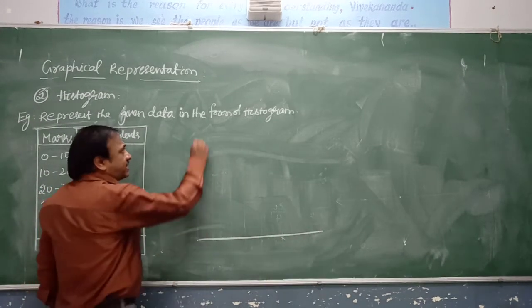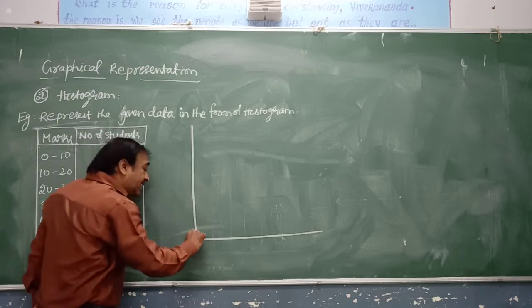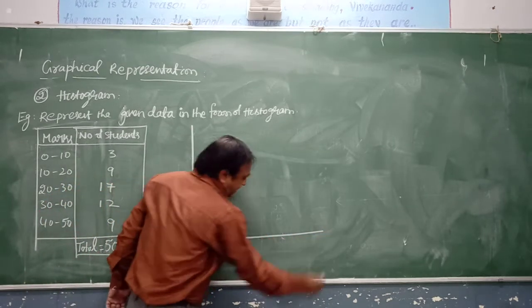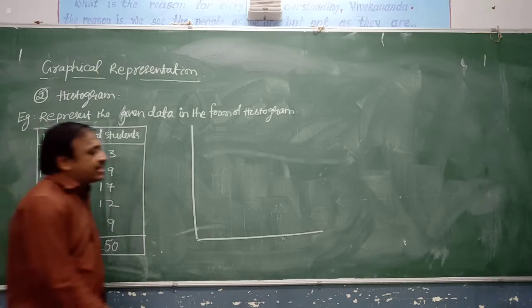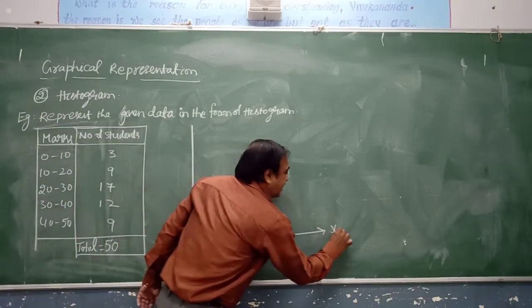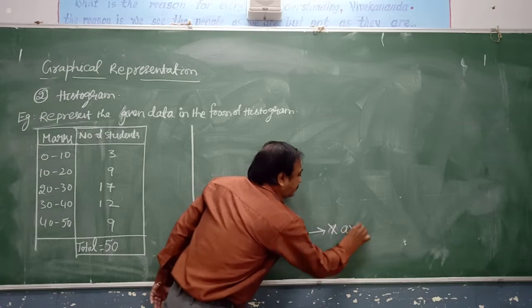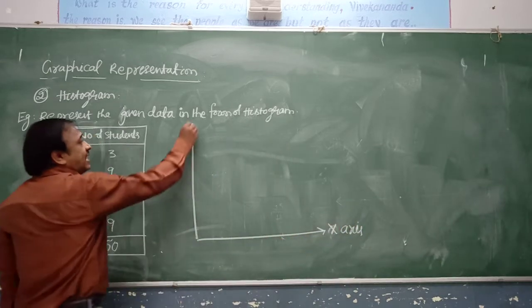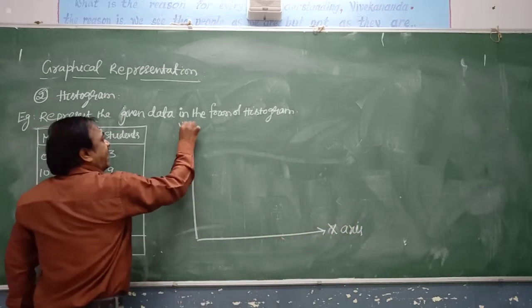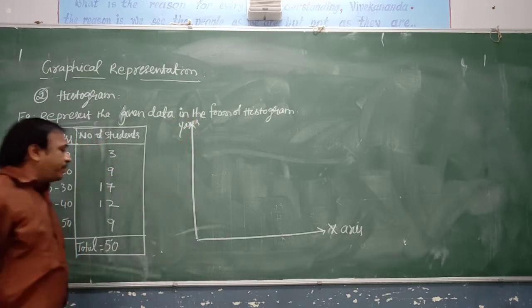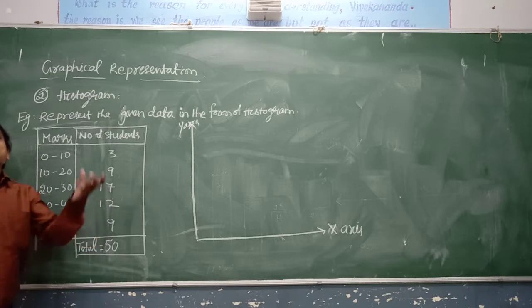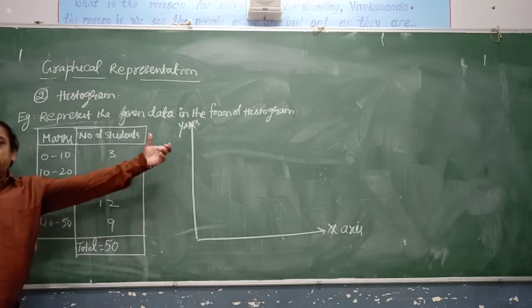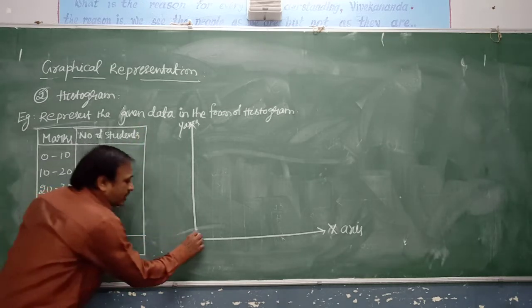Now we are representing this as a bar graph, a histogram. We are representing it as a histogram. What do you call the horizontal line? The horizontal line is the x-axis and the vertical line is the y-axis. Observe it. Based on the given numericals only, you need to select the scale. So this is the origin point.